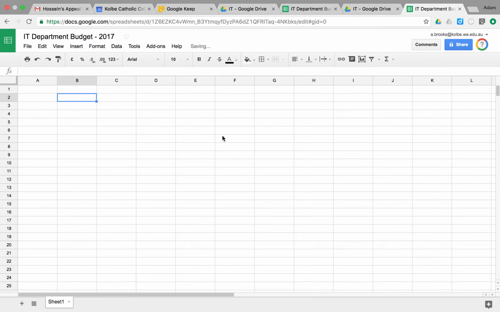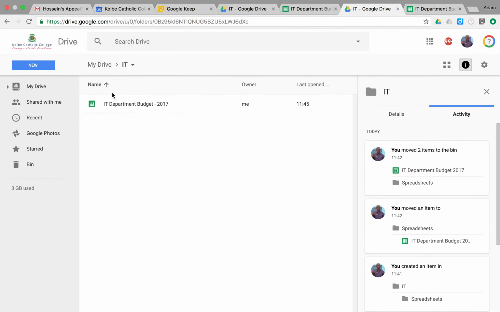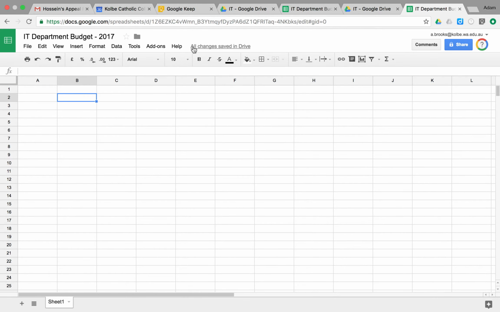So there's a spreadsheet, and we've given it an appropriate name, and then we're going to come back to Google Drive here, and we can actually see a document here that we have created. We can see it's Google Sheets from the icon here. This green square with the cells associated with it is the icon for Google Sheets. And if we come back to our document here, we can see that